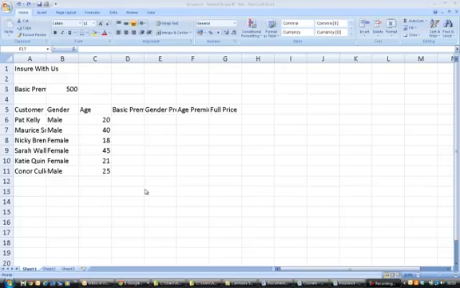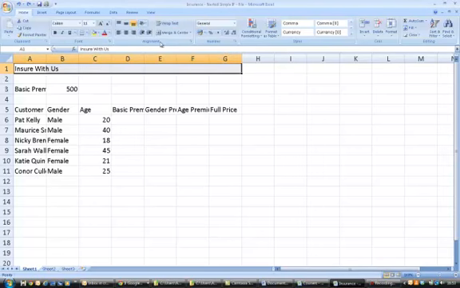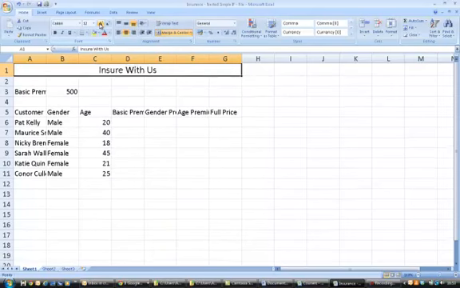So welcome back. We're going to look at our insurance example again. This time it's going to have a simple if and a nested if statement in it. So first of all, we do our very quick formatting at the start, merge and center the heading, increase the